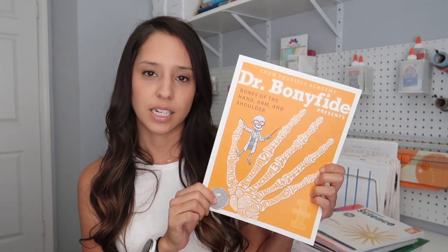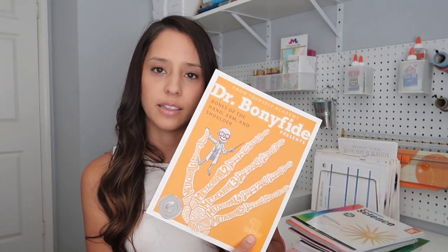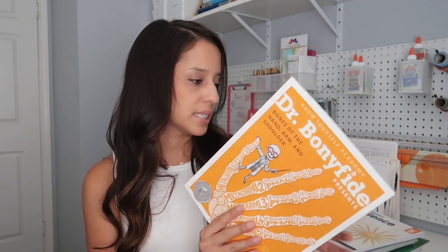And then we are also going to jump into Dr. Bonafide, Bones of the Hand, Arm, and Shoulder. So I thought this would be kind of fun to get into. This is just more of an activity book. I flipped through it. I made a flip-through. That was my last video. If you're interested to see what this book has in it,